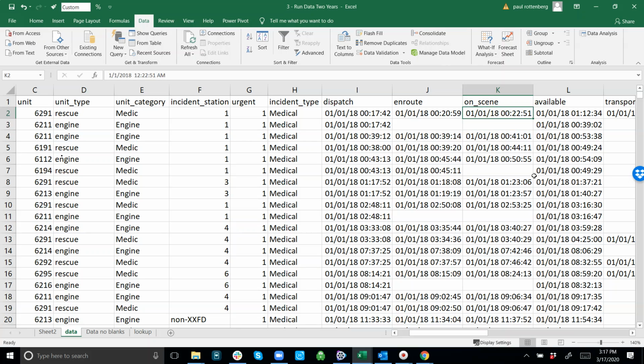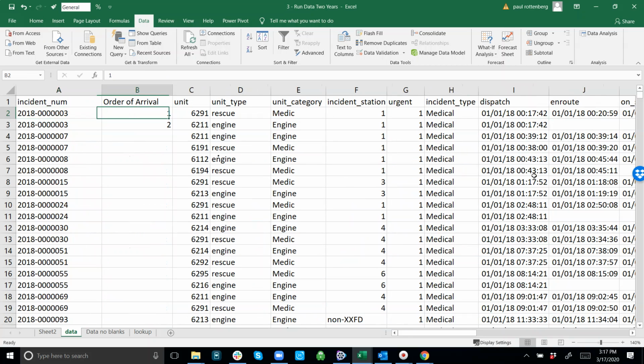So let's say the unit had arrived on scene after the first unit, then obviously it would be number 2. Now we look over here at the incident number and we say, well, this is a new incident number. And so based on the way the data is sorted, the order of arrival at scene here must be 1, right? Now this is the next record in the same incident, so this must be a 2. And then this is a new incident number, so it must be a 1, and this is the same incident number, but it's the next record, so it must be a 2,